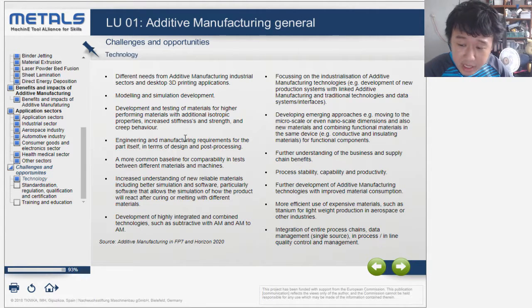Process stability, capability, and productivity. Alright, with additional research and development, everything will become more stable. Further development of additive manufacturing technology with improved material consumption. Alright, more greener machines, that sounds good. More efficient use of expensive materials. Integration of the whole process chain, data management, in-process quality control. Yeah,